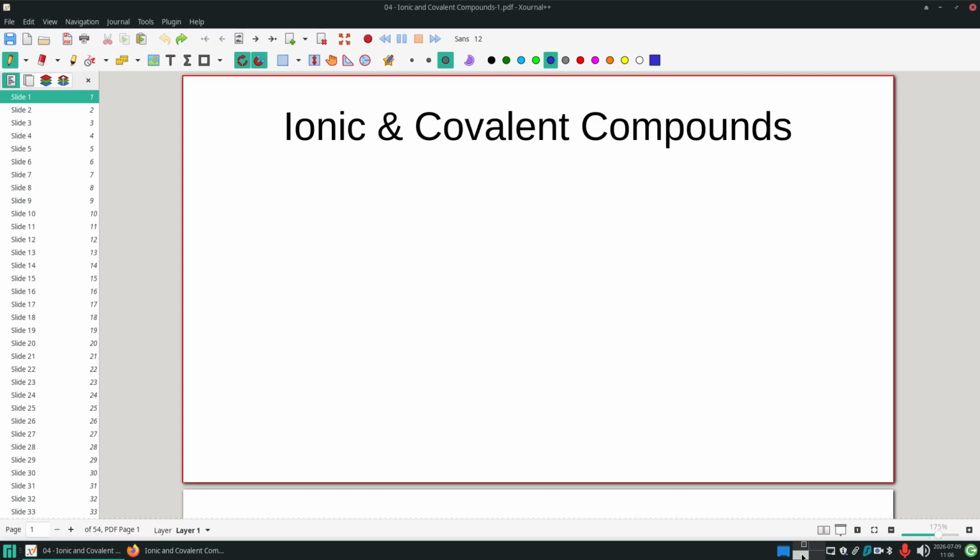Alright folks, today we're going to look at ionic and covalent compounds. We're going to look into how we come about their names from either the elemental symbols, or from the actual names and generate the elemental symbols. For the most part, we